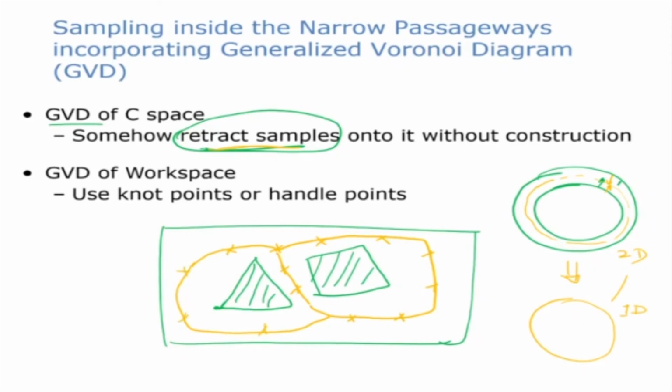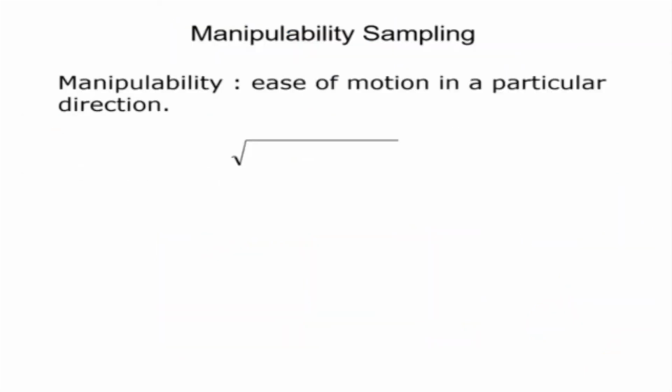So I did not have to sample everywhere else. Now the ease of manipulation ability. Manipulation ability is the ease of motion in a particular direction. That basically means that we have seen from kinematics that x dot, for the tool length manipulator,